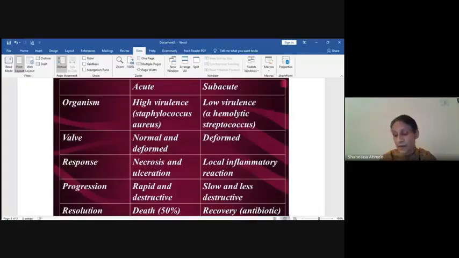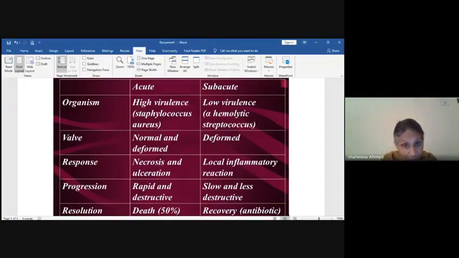Now, the end diastolic volume of the left ventricle is increased in the dilated form and it is normal in the hypertrophic form. Why is it increased in dilated? Because the heart has enlarged and it has dilated. So the volume has increased. That is why the end diastolic volume is increased due to the dilatation. Because of the hypertrophy, the end diastolic volume remains normal.